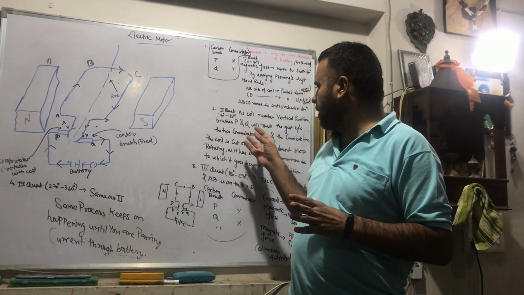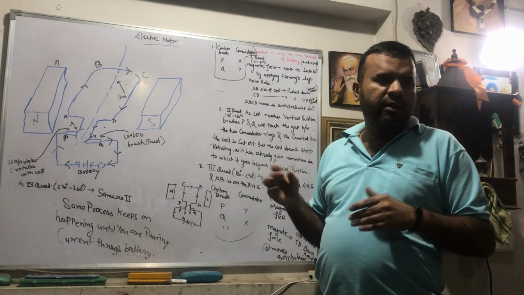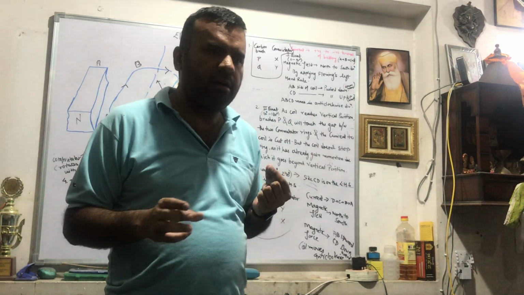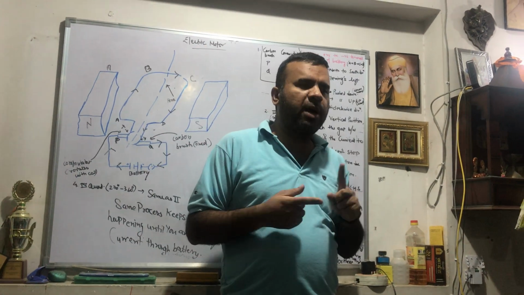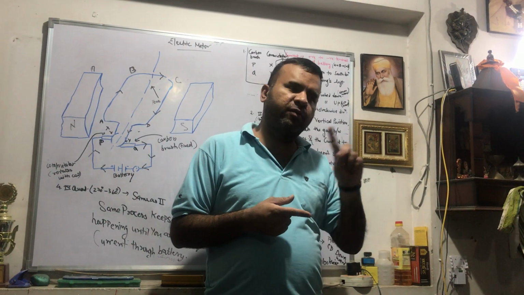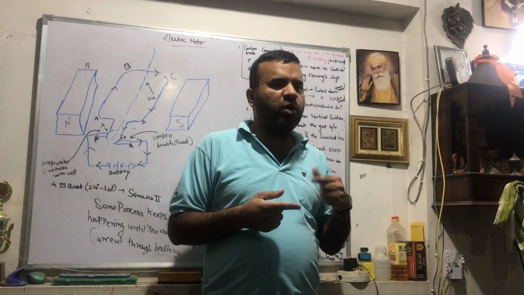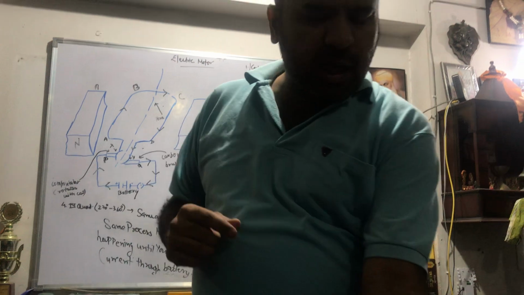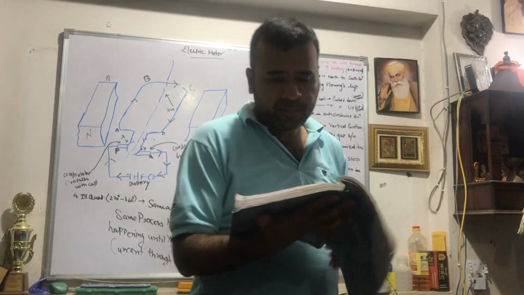And the fourth quadrant, that is 270 degrees to 360 degrees, its working is the same as what we discussed in the second quadrant: again P and Q will touch the gap between the commutator rings, but the supply of current is cut off, hence it will pass this cycle because it has already gained momentum, right?